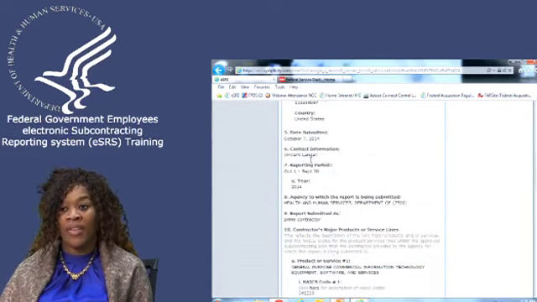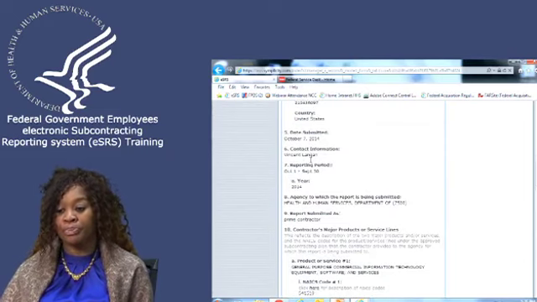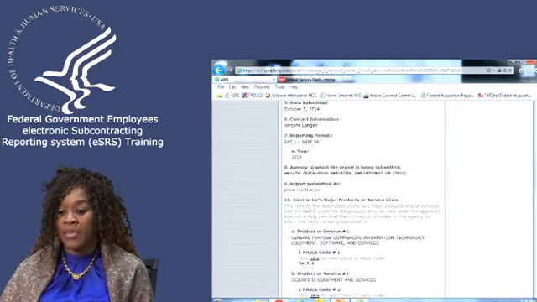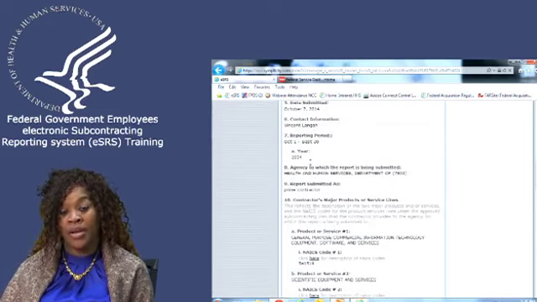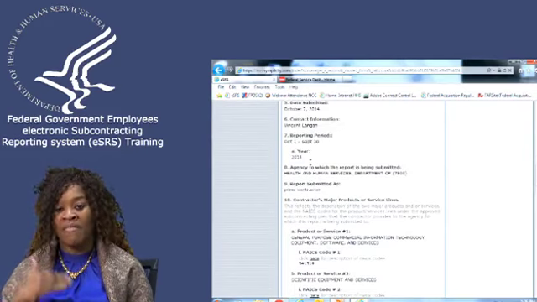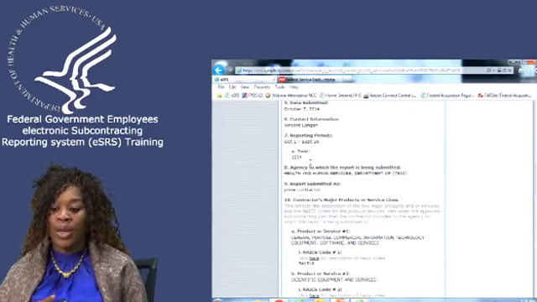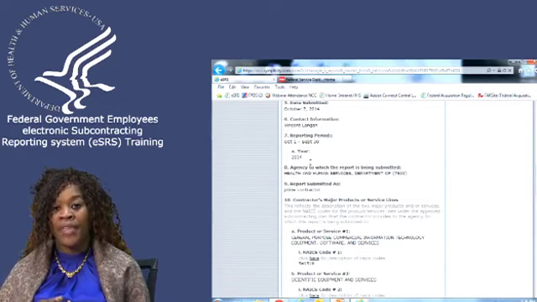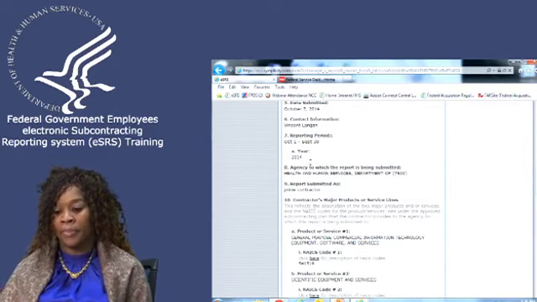You need to make sure that they've entered some contact information. You need to make sure that the reporting year is accurate, because when they're reporting, they can report for the current fiscal year and 5 years prior. So you want to make sure that they are reporting on the proper fiscal year. Now, they cannot do more than one report in the same time frame.